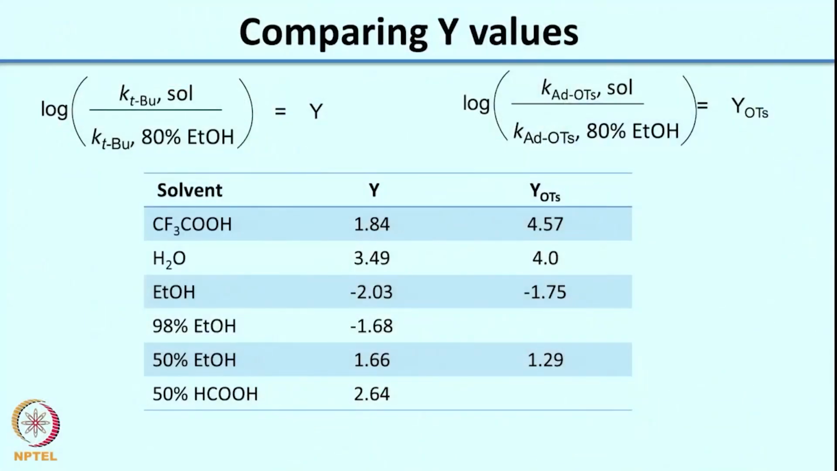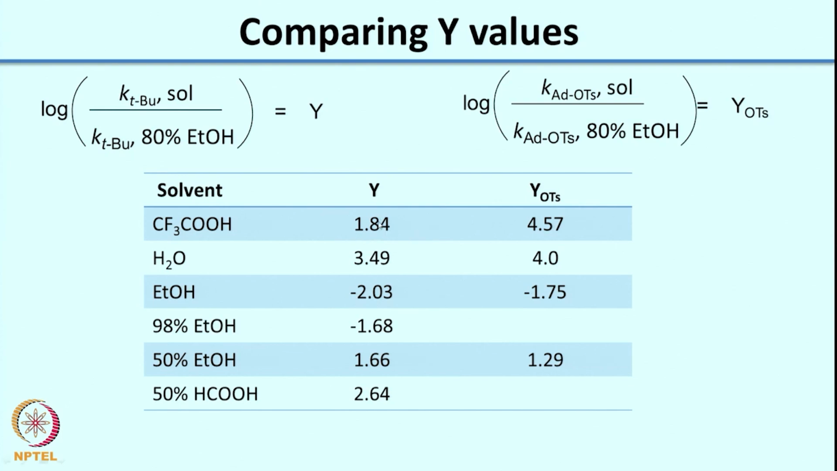So, Y is the earlier scale, which is the Grunwald-Weinstein scale, which looks at both nucleophilic assistance as well as the ability of the solvent to stabilize the ionized intermediate. The other scale is the YOTS, which looks at only the ability of the solvent to stabilize the ionized intermediate. So, if you compare the values here,